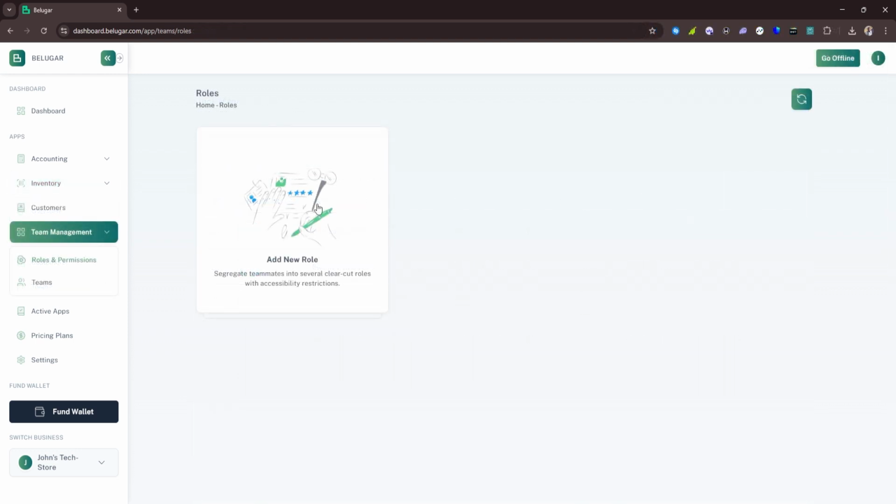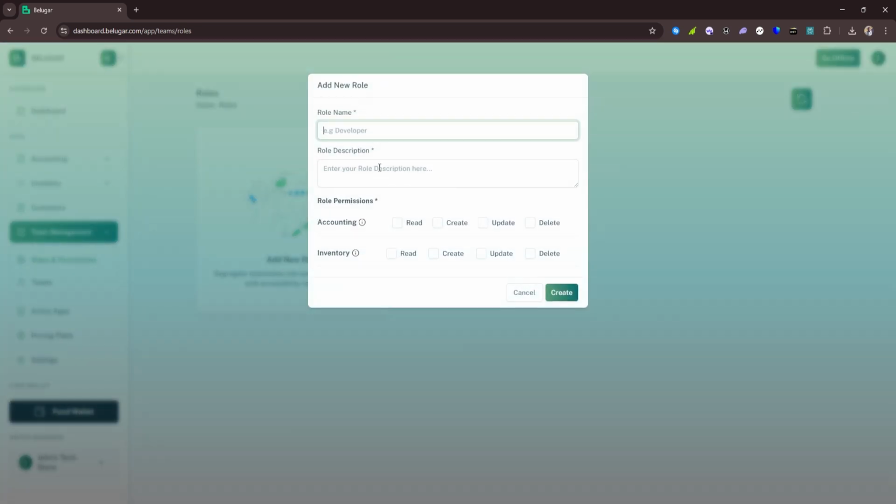Now, if it's in a shopping mall, you can give a rule whereby they can only add sales. They can't delete, they can't update, so that they won't be able to slide and steal money out of the business, especially if you are someone that is very, very cautious. Let's call this sales manager role, and description, sales manager at